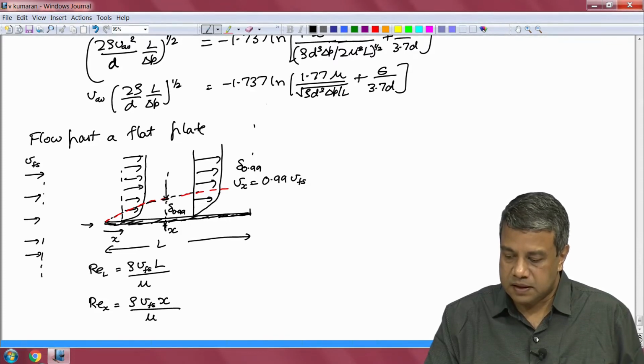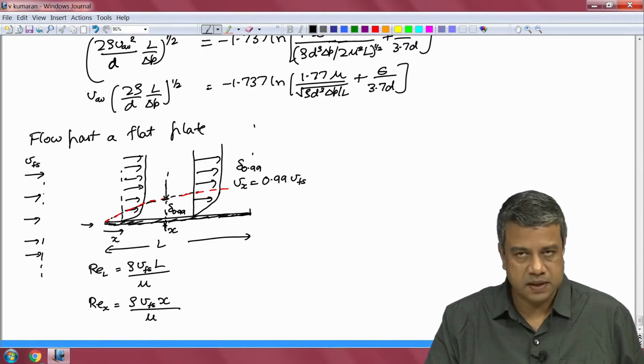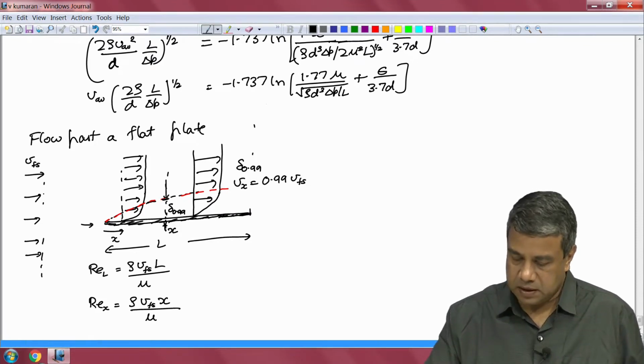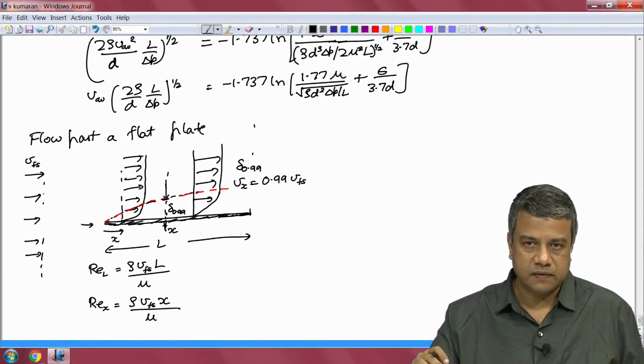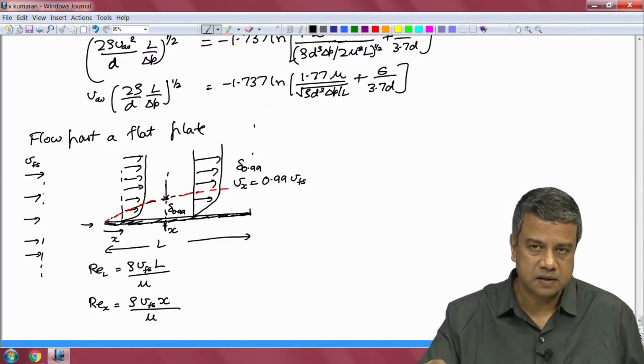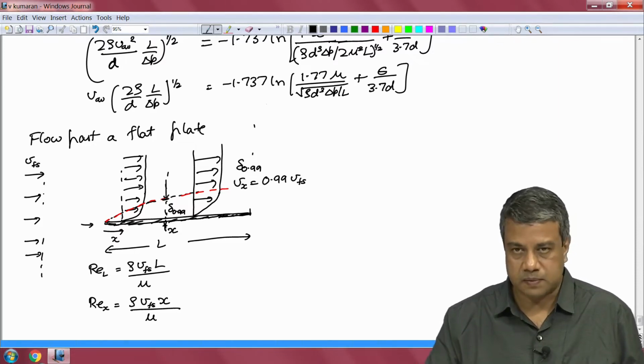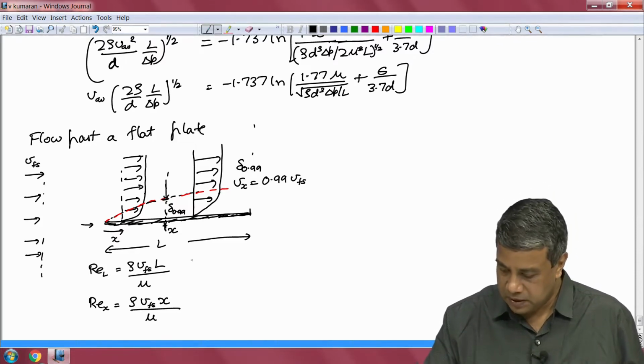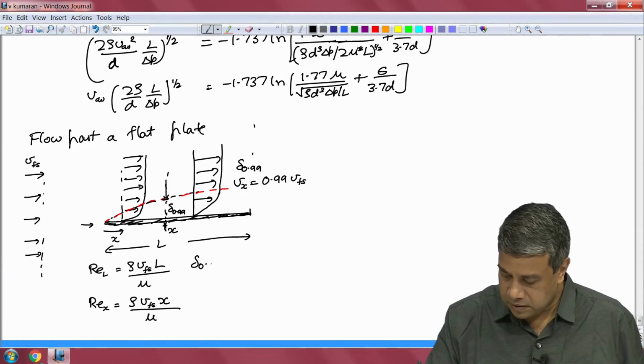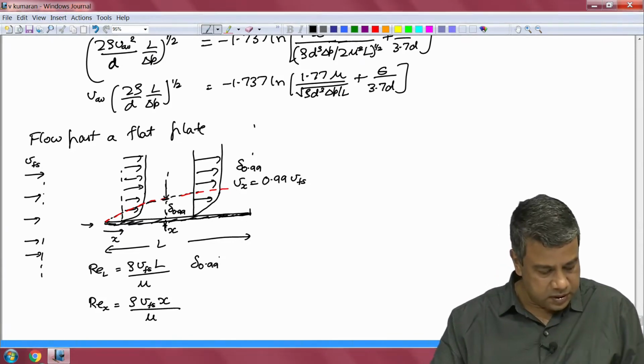And this delta 0.99 depends upon the Reynolds number based upon the distance x. That is the thickness at which the velocity reaches 99% of the free stream velocity, beyond which the flow is virtually undisturbed by the presence of this plate. That is given by,